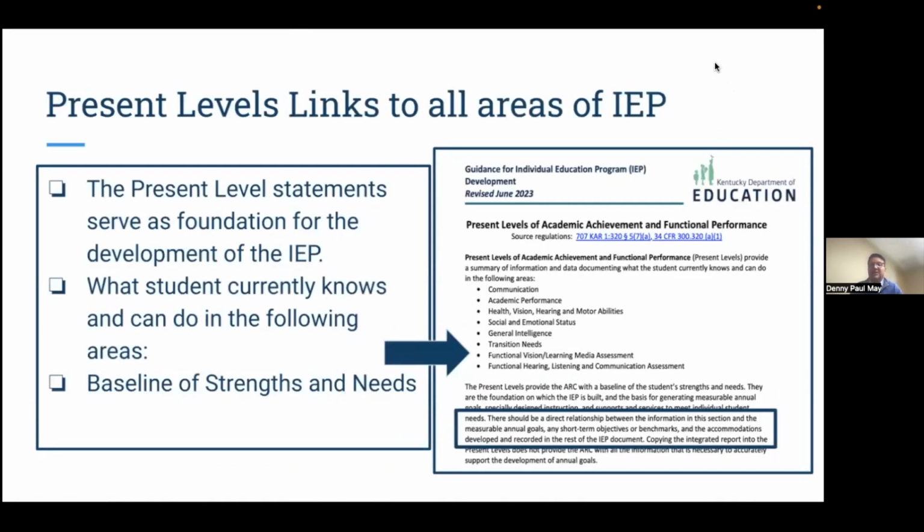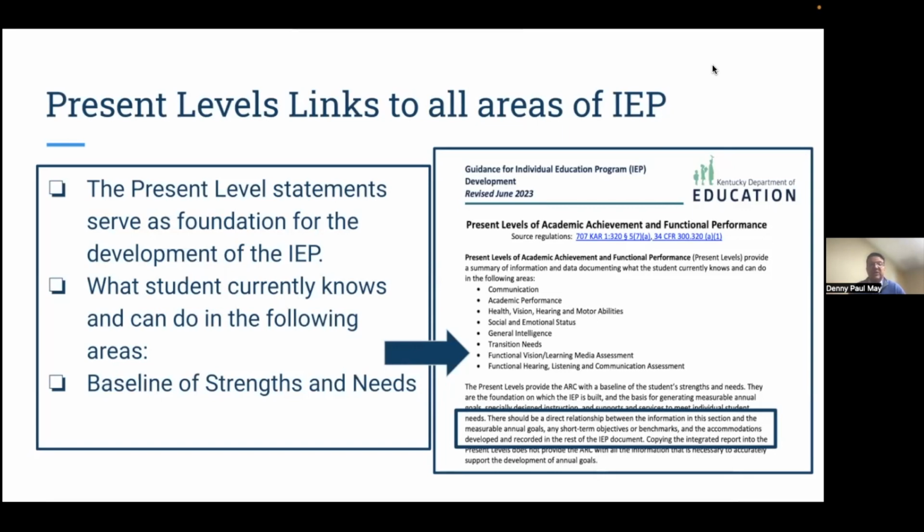So I just threw another screenshot up here. And it really just shows you what the areas are: communication, academic performance, and the like, general intelligence. So you can't gloss over the general intelligence piece if a student has an MMD or FMD designation. You can't gloss over the general intelligence piece, in my mind, in any of those areas, because that really speaks to the disability in many ways. Always, those 5 areas on the WISC are going to tell you a lot about what's going on with that student and how they learn.